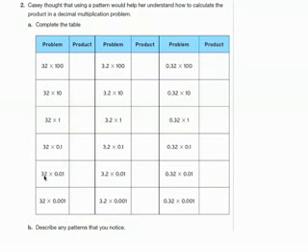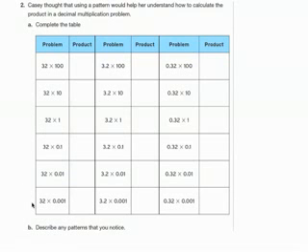Okay, number 2 says Casey thought that using a pattern would help her understand how to calculate the product in a decimal multiplication problem. Complete the table. This is a question that we're going to discuss in class together, but you need to finish it. Really closely examine this table because we're going to talk about this. This is more related to the strategy that I showed you earlier